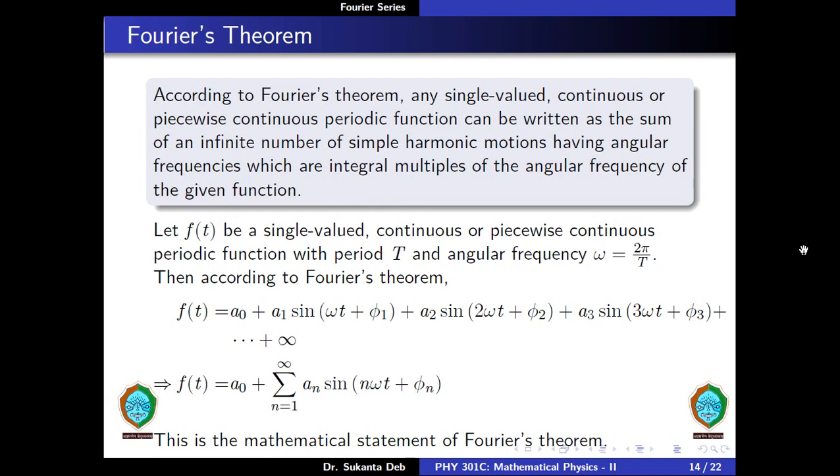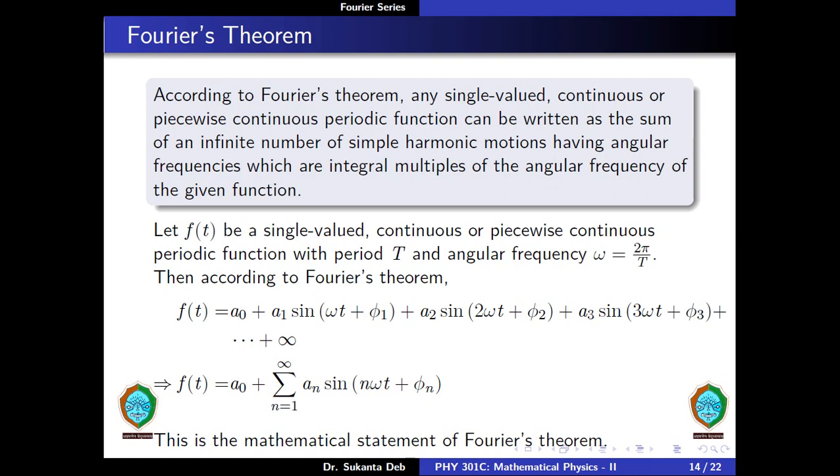Fourier's theorem. According to Fourier's theorem, any single valued continuous or piecewise continuous periodic function can be written as the sum of an infinite number of simple harmonic motions having angular frequencies which are integral multiples of the angular frequency of the given function. Single valued means that the value of the function corresponding to a particular value of t is distinct. So if we assume that f of t is a single valued continuous or piecewise continuous periodic function with period capital T and angular frequency omega, which is defined as omega is equal to 2 pi by capital T,